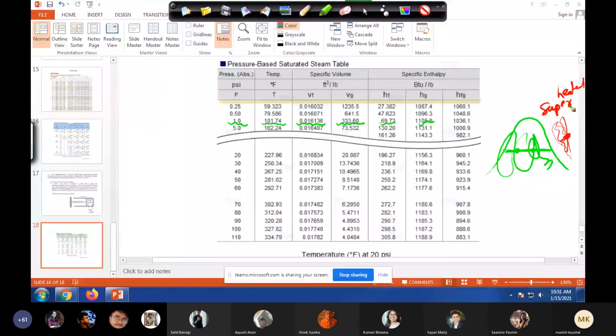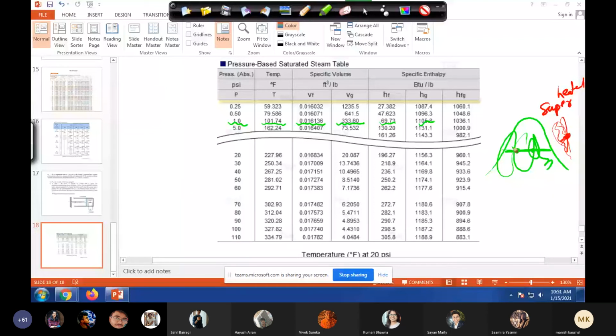If we are in the superheated regime, Samira, do you think that if pressure is given, then temperature is also fixed? Or rather, if we change the temperature, we can change that. The point is that in the superheated regime, it's a pure gas. So if you change the temperature, pressure will also change. On the other hand, when you are in this green regime, temperature and pressure both are fixed. That's why you need another table.